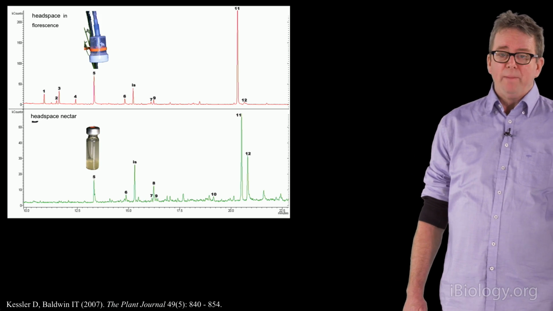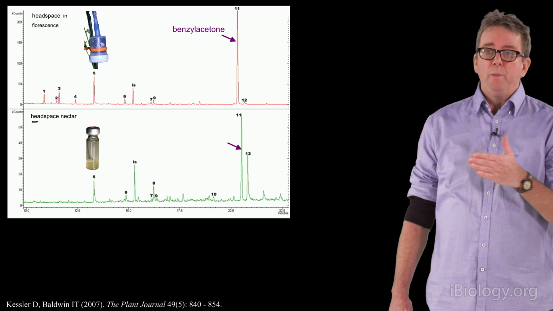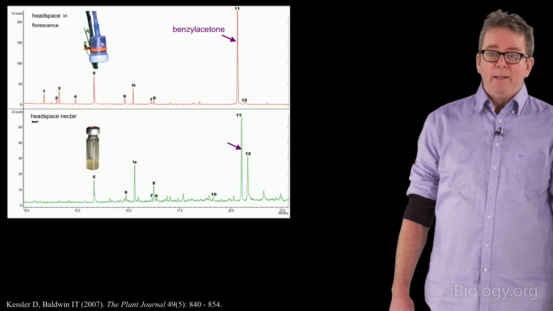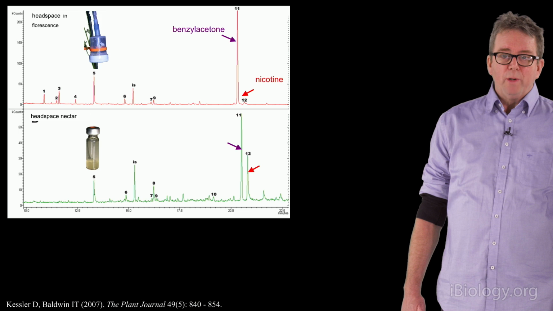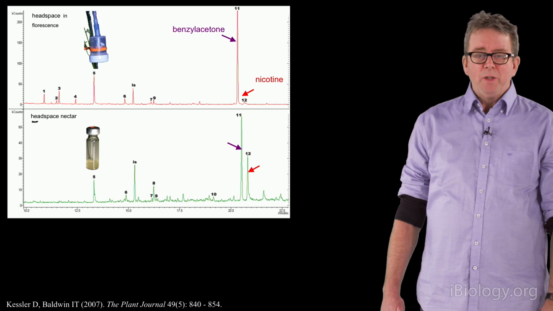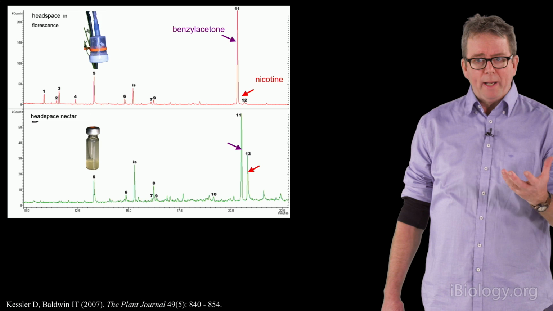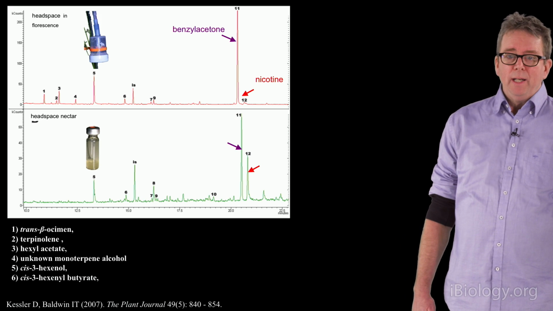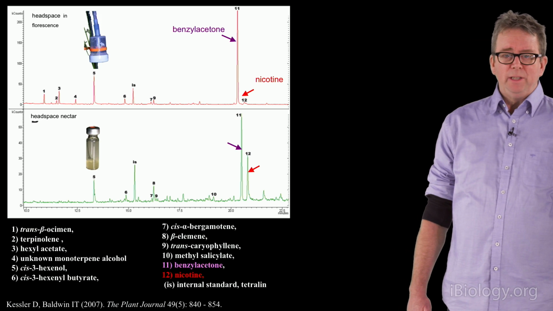There's peaks on the chromatogram that are numbered. And you'll notice that benzylacetone, the molecule I told you about in part 1 of this talk, as well as part 2 of this talk, is the main floral attractant. But there's another peak that comes right after benzylacetone, and that's a surprising peak because it's a poison. It's the nicotine molecule I told you about in part 2. And you can see that the nicotine peak is quite large in the nectar in particular. And that asks a very interesting question.